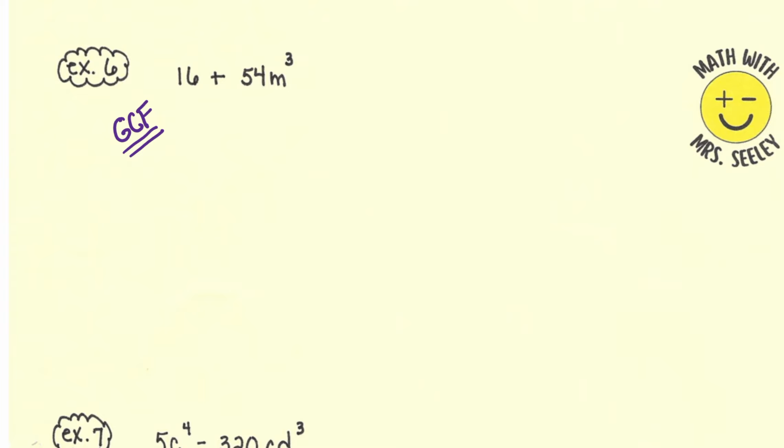And I can see that there is a 2 in both of those. So 2 goes into 16 8 times, plus 2 goes into 54 27 times. And then the m to the third, well, we didn't touch that, so bring it down. Make sure that you bring your 2 over because it's very much a part of your solution. Then short